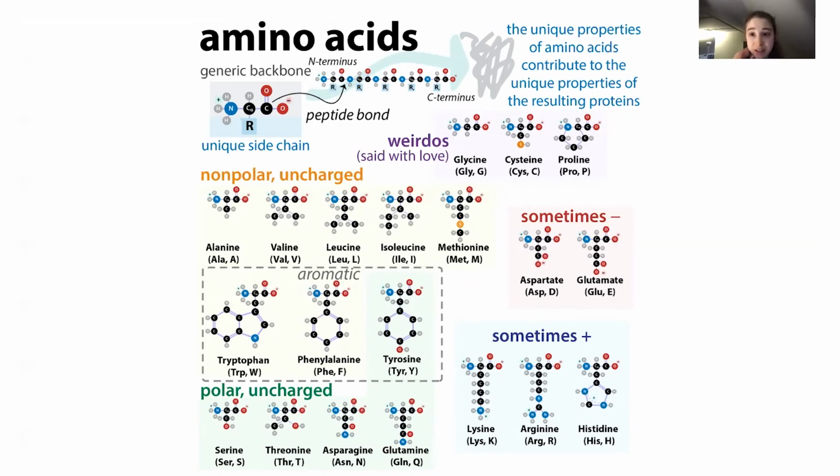Creatine is not found in proteins, but it is an amino acid, and it's made from amino acids. In order to be an amino acid, something just has to have an amino group, so a nitrogen with hydrogens, and a carboxylic acid group, so a C double bonded to an O and then another O. Carboxylic acid would have the acid form, so we'd have an H here, but it's typically deprotonated, so much more on that in other posts. But the basic idea is that you have an amino group and a carboxylic acid group, and you're called an